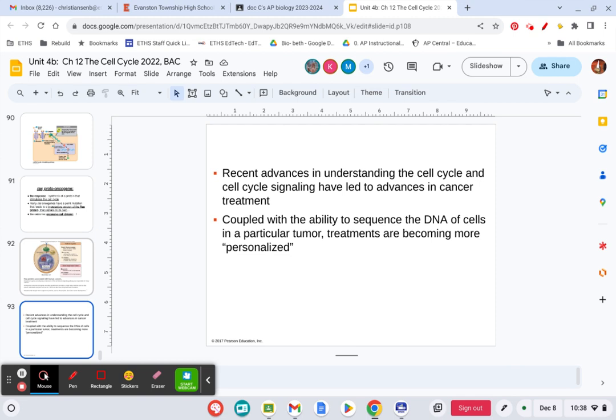Yeah. So they're now looking at targeting people's DNA specifically to try and treat particular tumors. So there's some personalized medicine going on. I haven't heard too much about that lately, so I don't know how that research is going. But basically trying to see, okay, is it a messed up P53 gene? Is it an RB gene? What is it that's going on? And can we tailor the treatment to that particular mutation to deal with it most effectively? All right. That's all the notes.